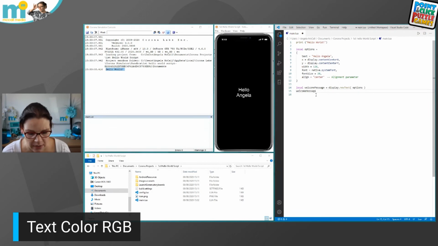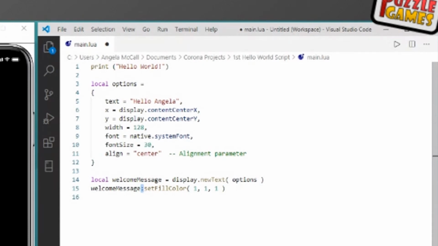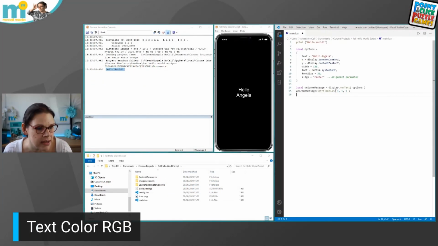Okay, so what we're going to do now is put in the following command. What I've got here is a colon, and I'm going to explain this in the next tutorial as well. But for the moment, we've got the command, as it were, set color, and now these three 1s. Okay, what do the three 1s mean? Well, if you look carefully, they're inside brackets, and there's a comma separating each of them, but there's no comma on the last one. And there's three of them, which essentially is the RGB, so red, green, and blue